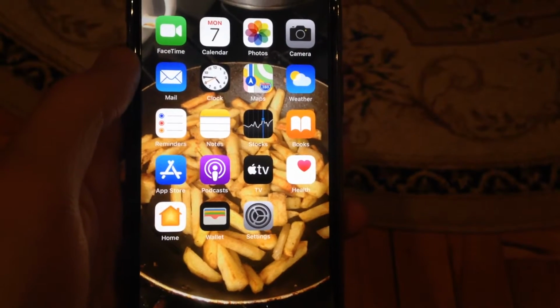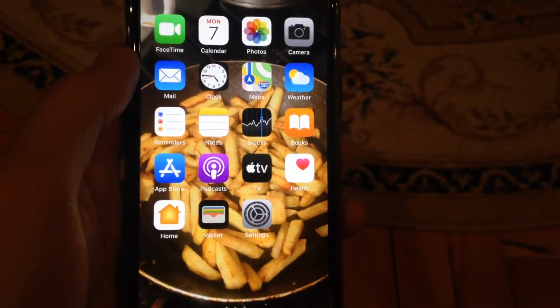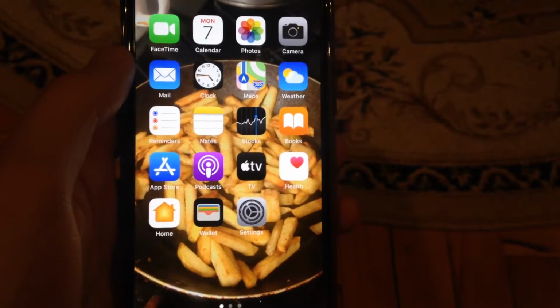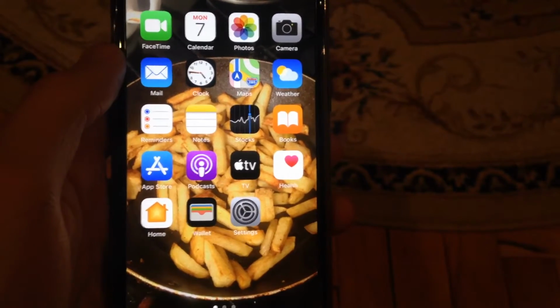Hello dear subscribers, today I will tell you how you can easily set a live photo as a wallpaper on your